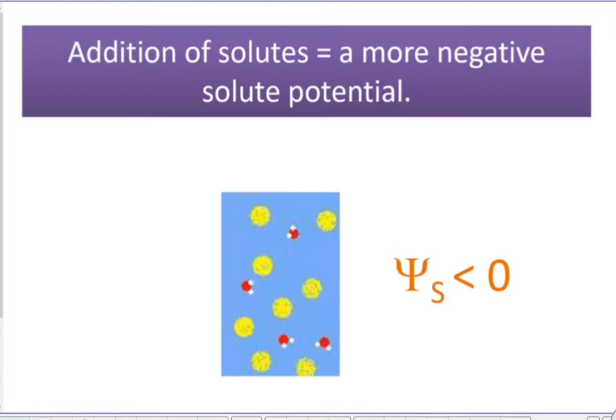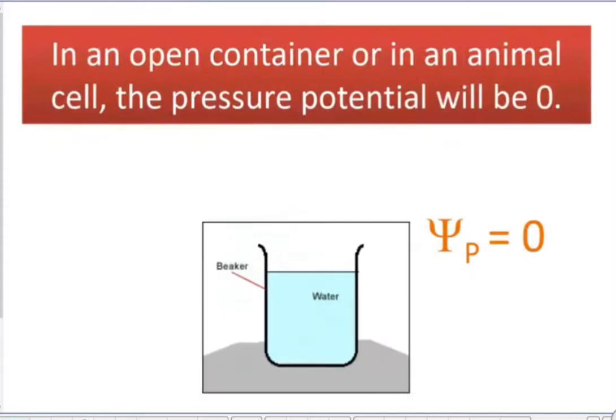Because the formula for solute potential is negative, it's negative iCRT, that C being your solute measurement. Because of that, as you add more solutes, the solute potential becomes more negative. And this makes sense because you know that water is going to move towards a solution where the solute is stronger. Okay, again, it's important to remember for our pressure potential in an open container or in an animal cell,